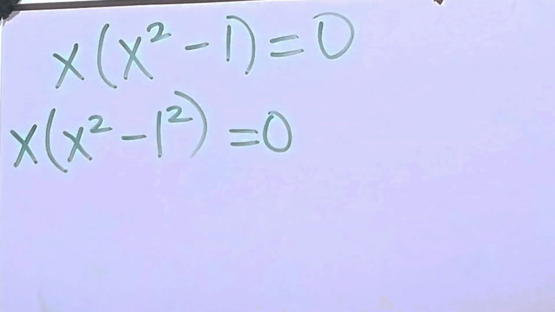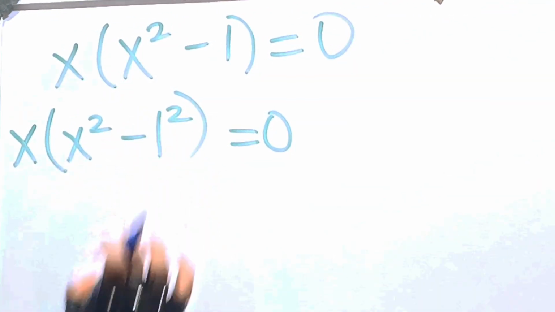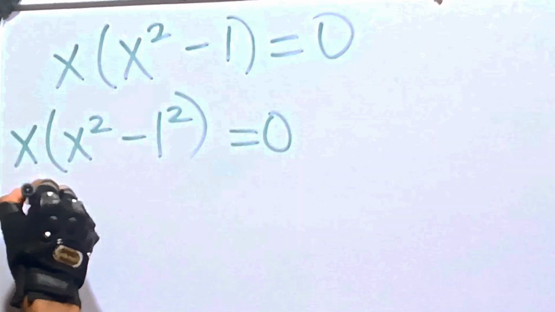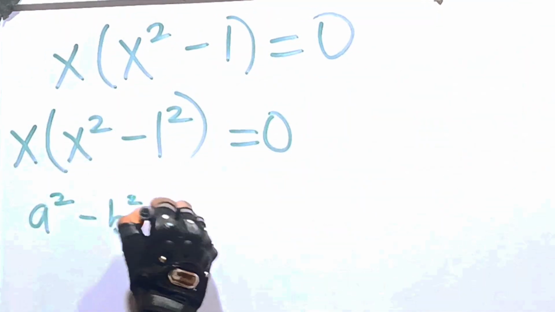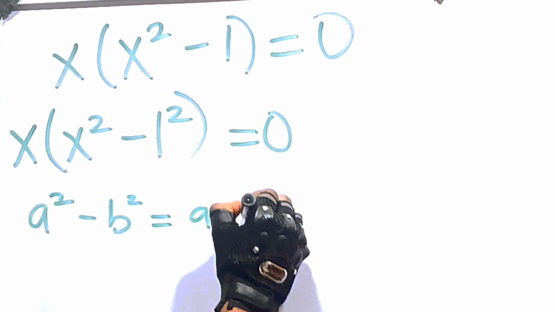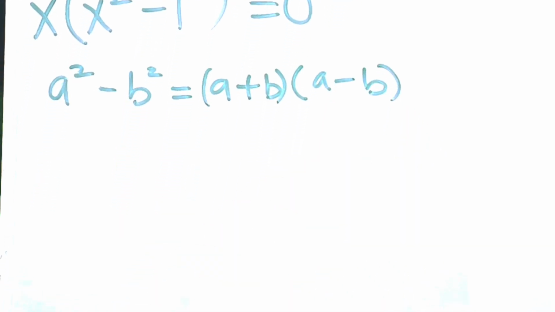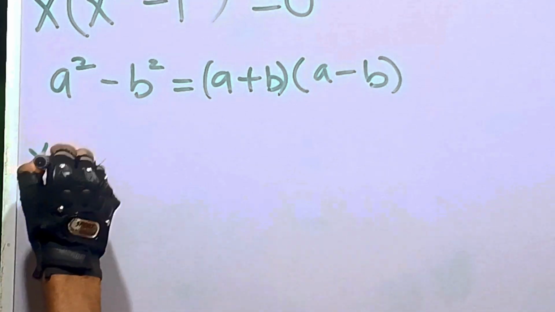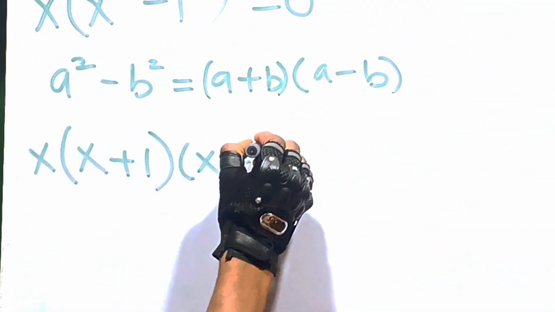Moving on from here, we can say that this is the difference of 2 squares. So you have x squared minus 1 squared. When you have the difference of 2 squares, there's a law that states that a raised to power 2 minus b raised to power 2 is equal to a plus b multiplied by a minus b. Doing the same thing here, we're going to have x into x plus 1 multiplied by x minus 1